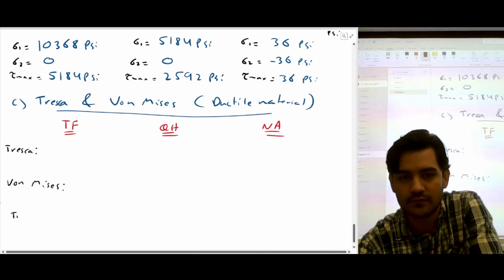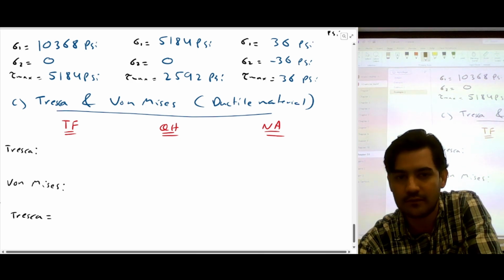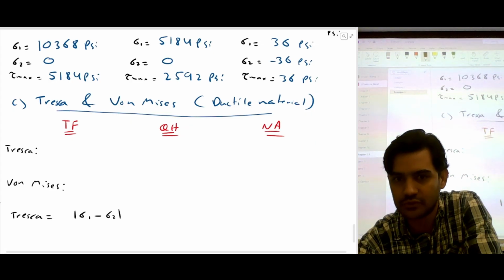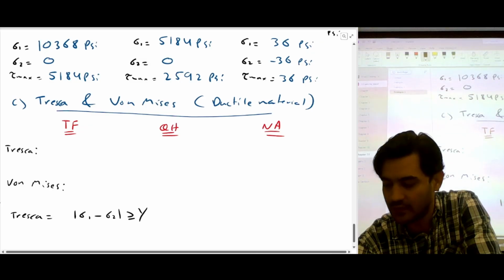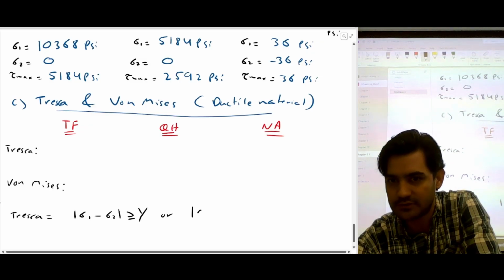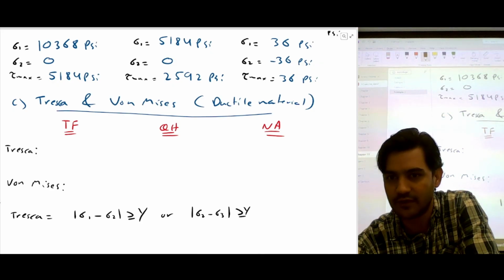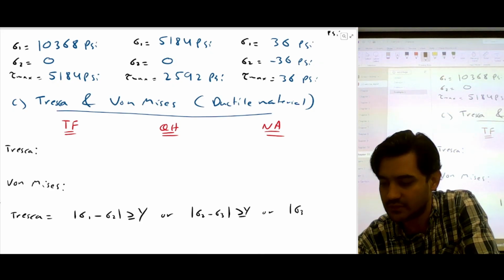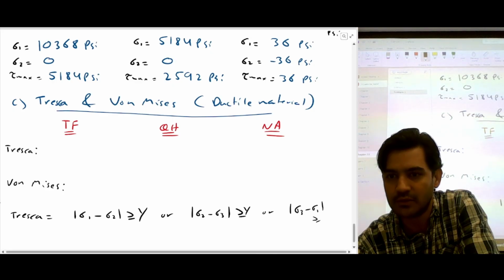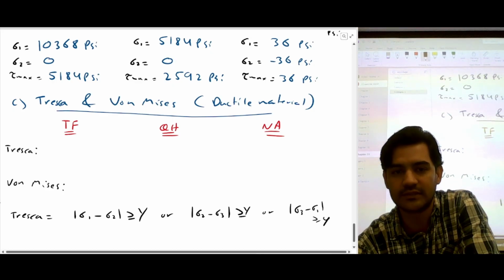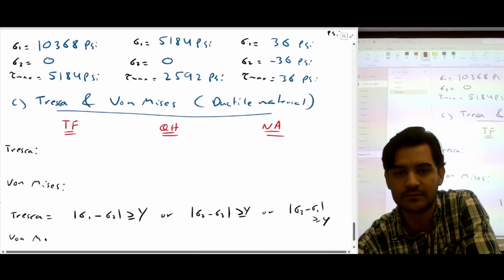So for Tresca, we know the yield criteria is stress 1 minus stress 2 should be greater than or equal to yield for failure, or stress 2 minus stress 3 should be greater than or equal to yield for failure, or stress 3 minus stress 1 should be greater than or equal to yield for failure. That's Tresca. And for von Mises,